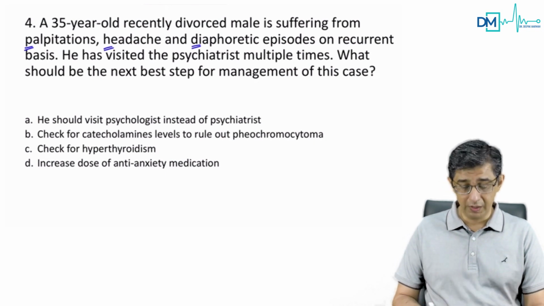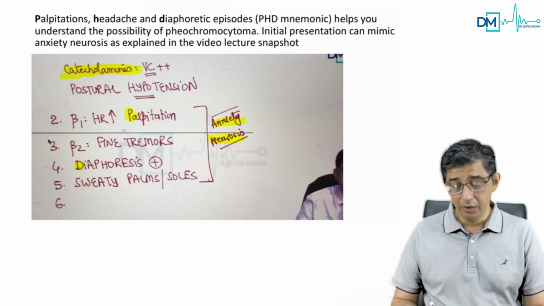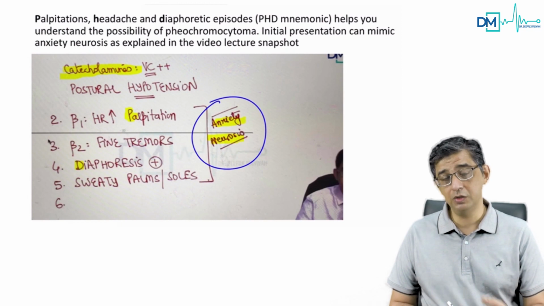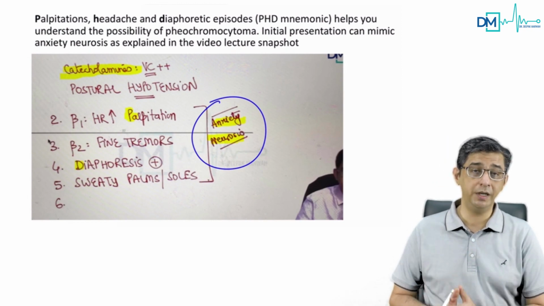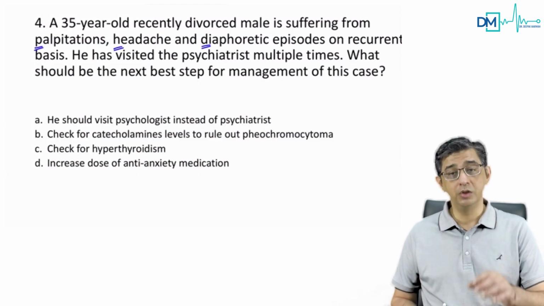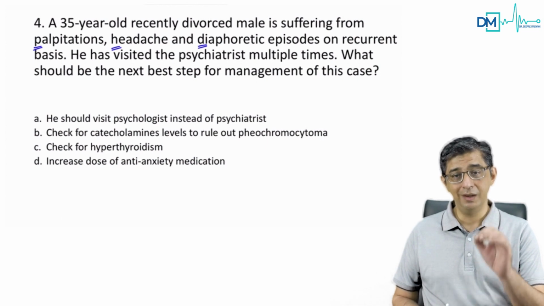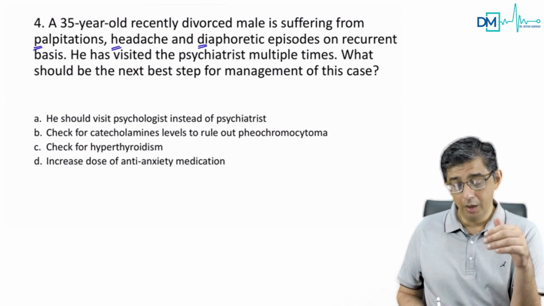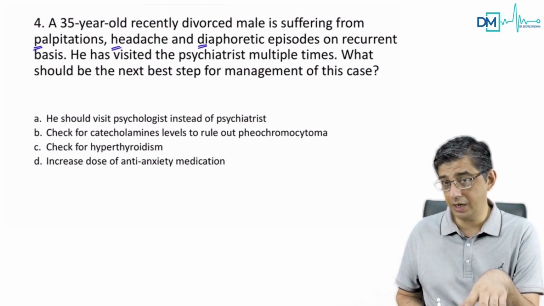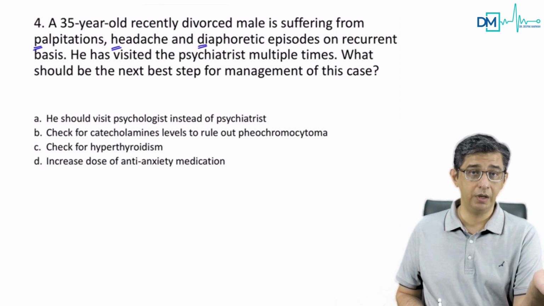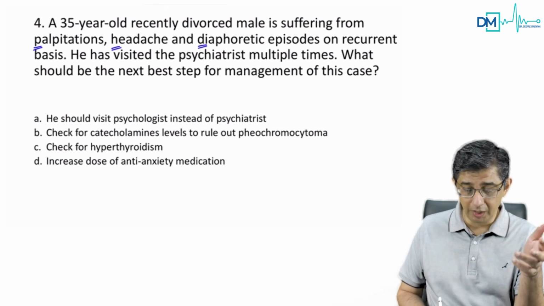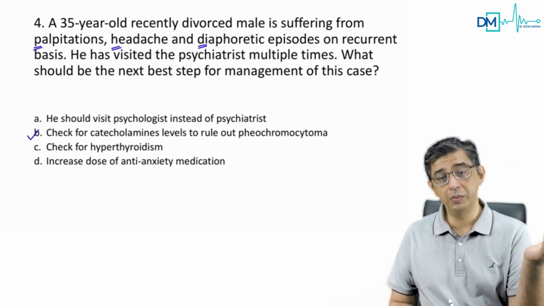You see, guys, and I've discussed this in the app section, lots of time pheochromocytoma can mimic anxiety neurosis. So a lot of these patients of pheochromocytoma may actually be on anti-anxiety medications and they will not be having any improvement. And that is precisely what the question was. This was a chap who's definitely having a stress, he got divorced recently, but his symptoms are going beyond the standard anxiety component because he has visited a psychiatrist, he has taken treatment, but there is no improvement. So in these circumstances, what would you do for this chap? You would straight away go in for checking the catecholamine levels to rule out a pheochromocytoma in the patient.